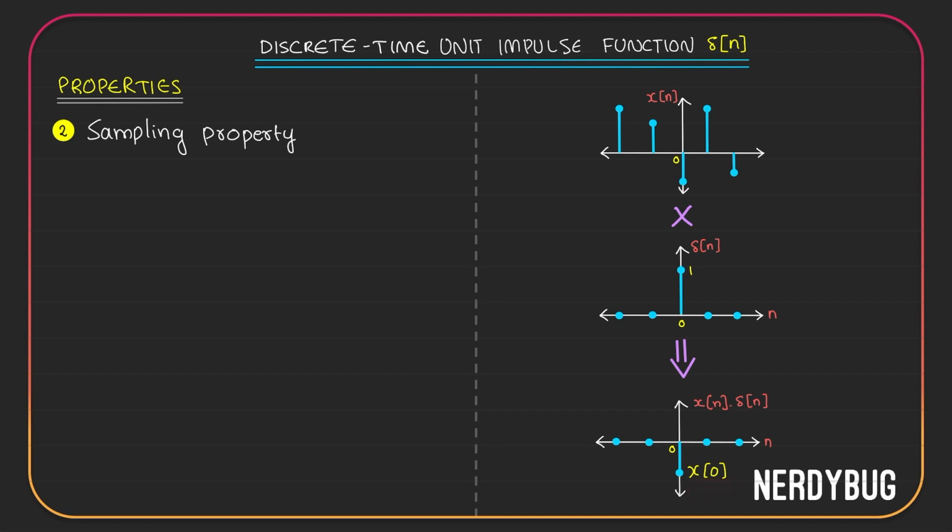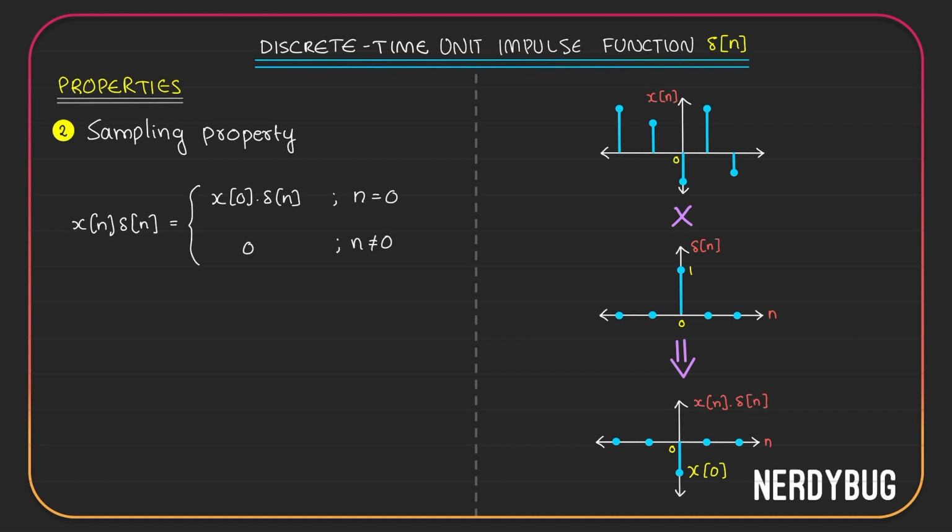To write it mathematically, if I take x of n multiplied with delta of n, I will get x of 0 delta of n